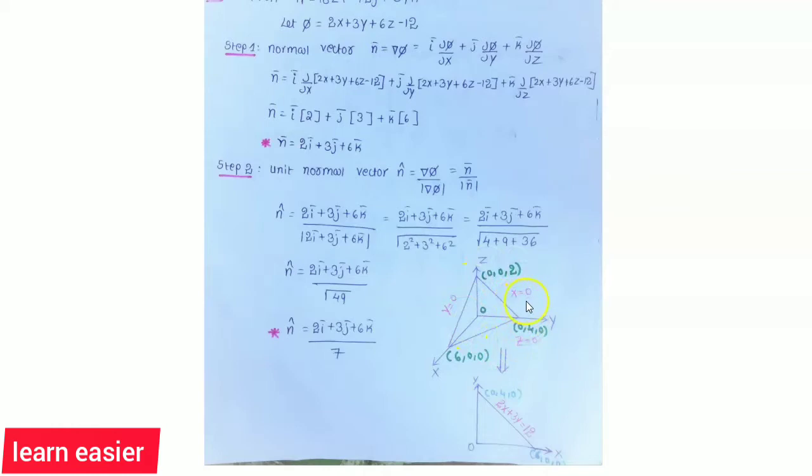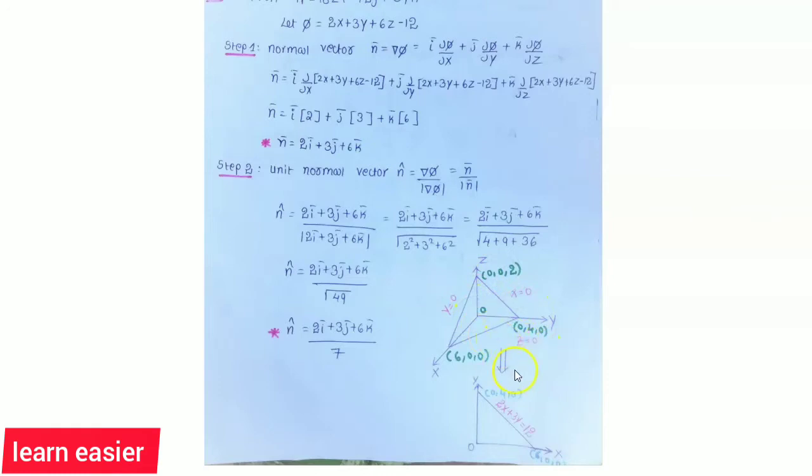So here I am writing x equal to 0, z equal to 0 and y equal to 0, because the yz plane represents x equal to 0, the xz plane represents y equal to 0, and for the xy plane we have z equal to 0, and that's why we get the line. After substituting z equal to 0 you get the line 2x plus 3y equal to 12. So in the xy plane we have z equal to 0, in the yz plane we have x equal to 0, and in the xz plane we have y equal to 0.